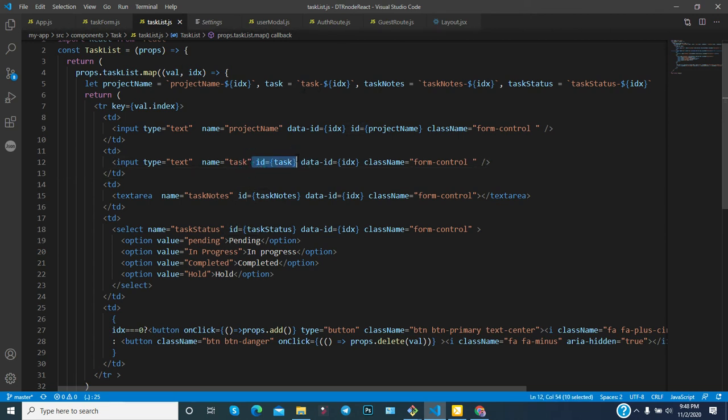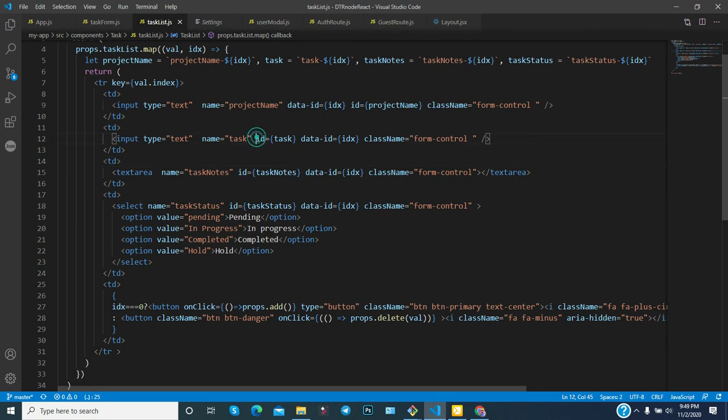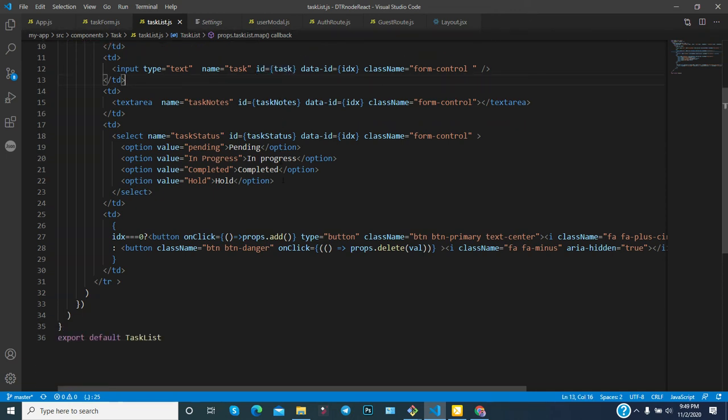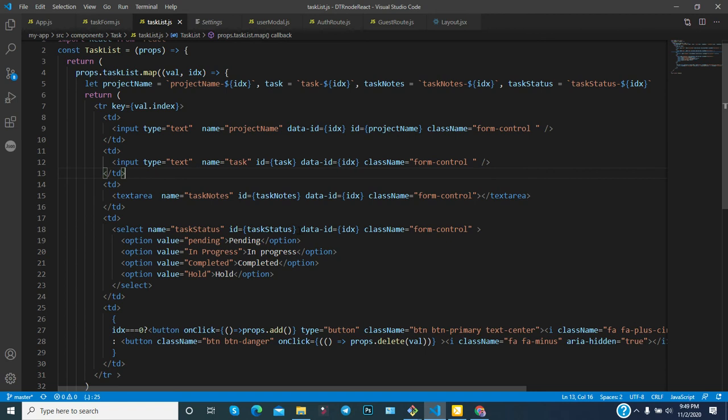Otherwise, if you will not use the ID, no issue. This is extra. Otherwise, you just need to remove this. I was trying to experiment with something, that's why I left it as it is. So now you understand that IDX has information about the index and the name has information about the value.